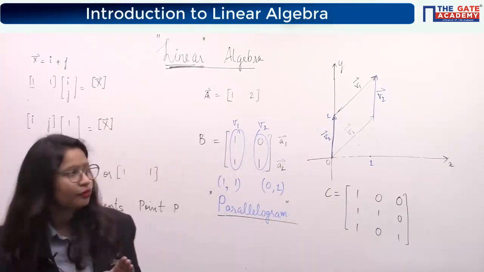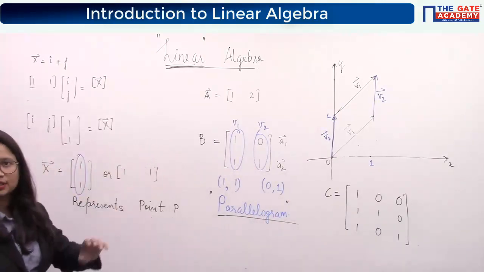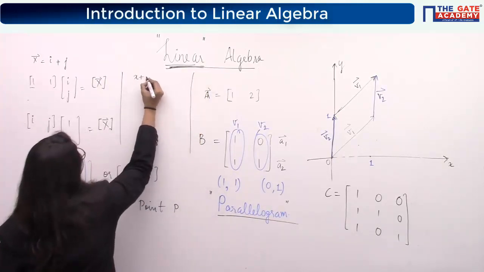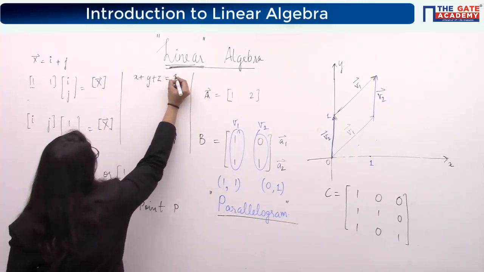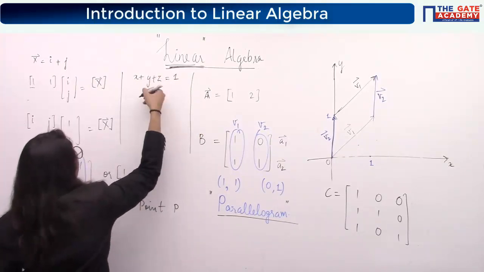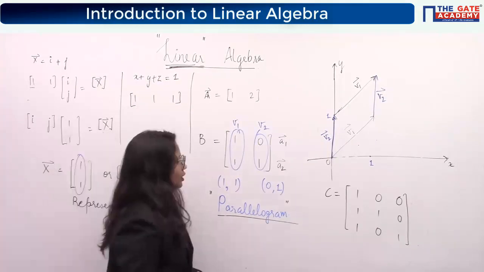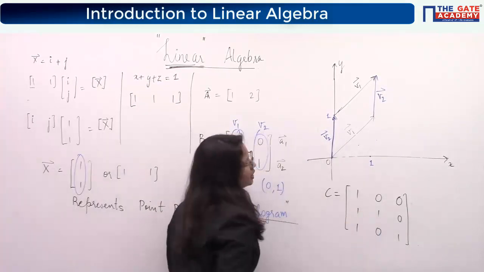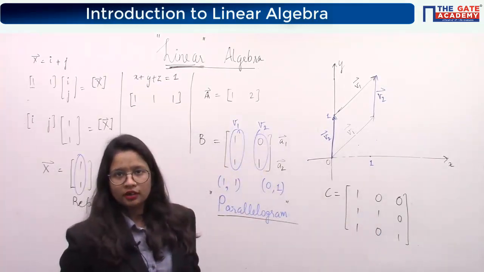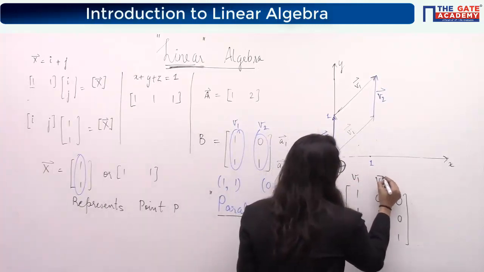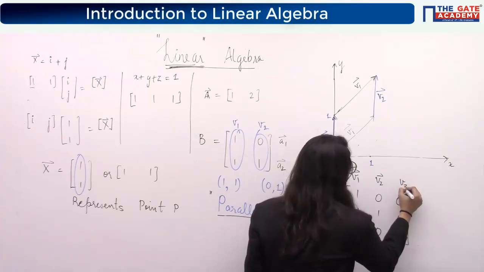Plane? If you want to represent a plane in terms of a matrix, we have seen the equation of a plane. I am writing it down here, the equation of plane was, let's say, something like this. If you want to represent it in terms of a matrix, you will just directly write like this. Claps for you. This will represent a parallelepiped, because now this is a combination of three vectors, v1, v2, v3.